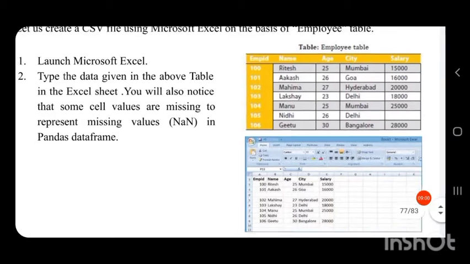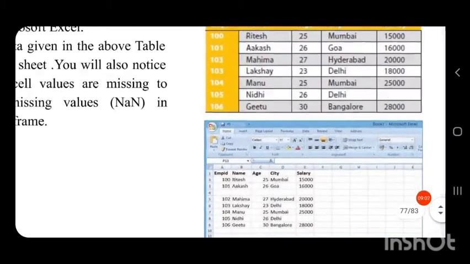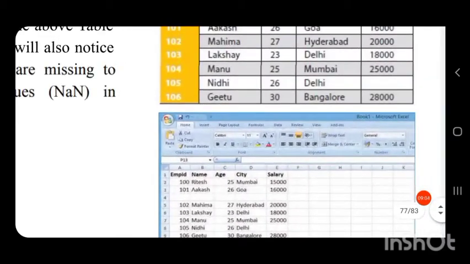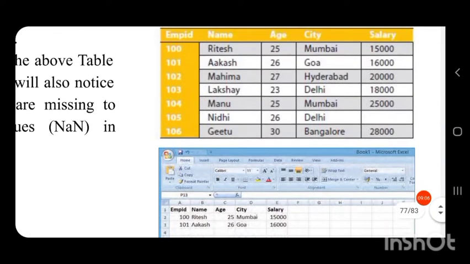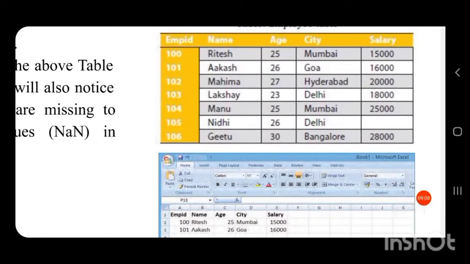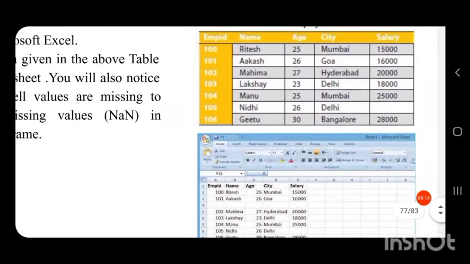So in the Excel sheet you can see that for EMPID 105, the value for salary is missing in that table.